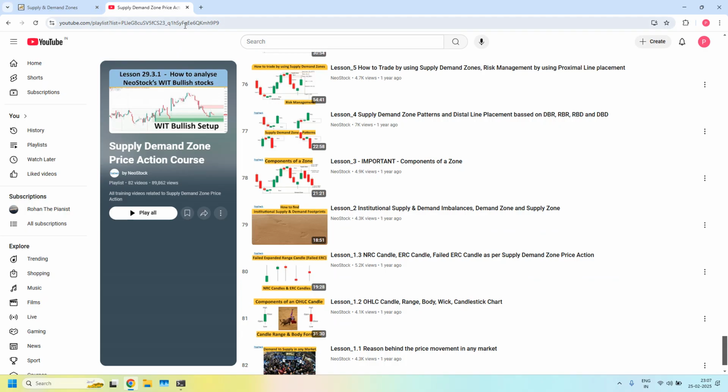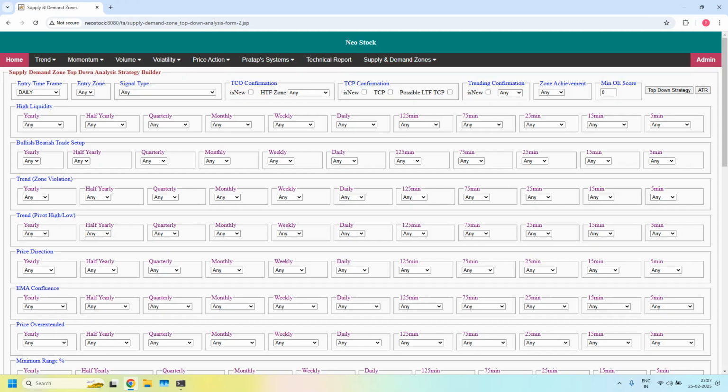Now let's get into the report generation with the help of NeoStock Software Supply Demand Zone Top-Down Analysis Strategy Builder. First, I am generating stocks near demand and supply zones for different time frames. During this process, we will also generate price closed inside demand and supply zones for daily and above higher time frames. So starting with yearly time frame,